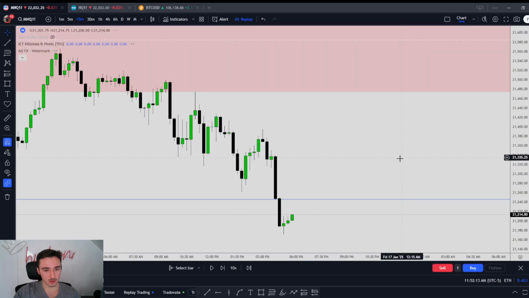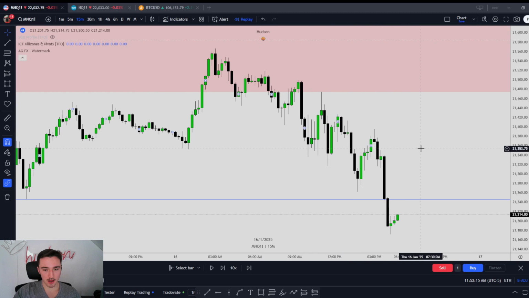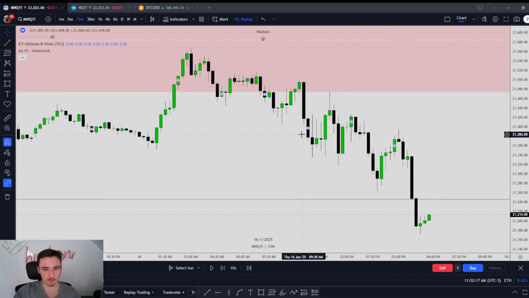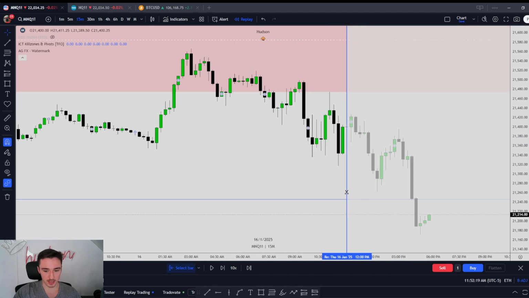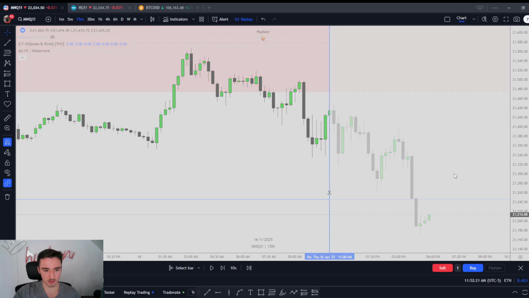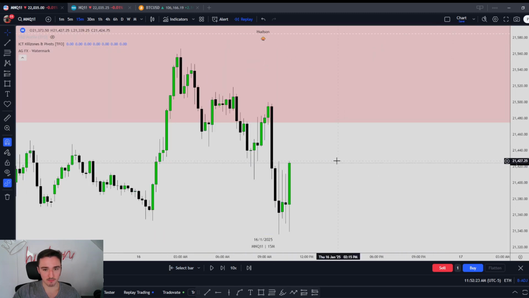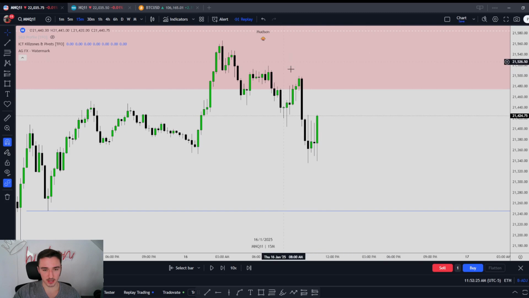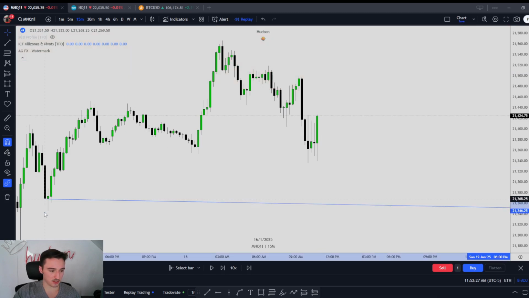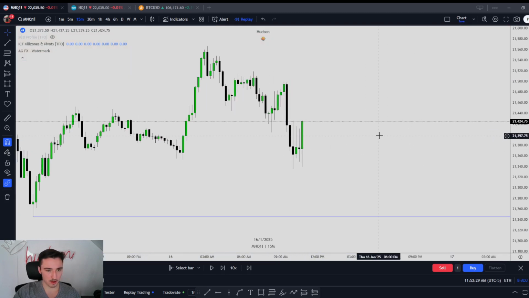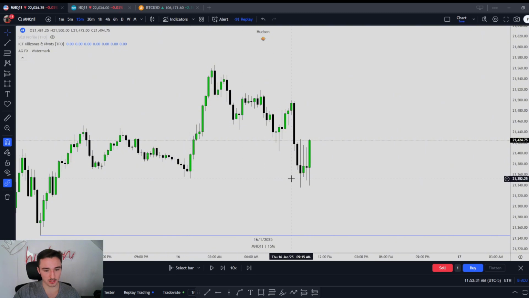So if we go down to the 15-minute chart, let me go back and replay select bar and just do the morning session. Boom. Right, so right here. Why did I short this, right? Up here is that 4-hour fair value gap, and this is where I wanted to see price draw to, but I wanted to play down to this low, right?